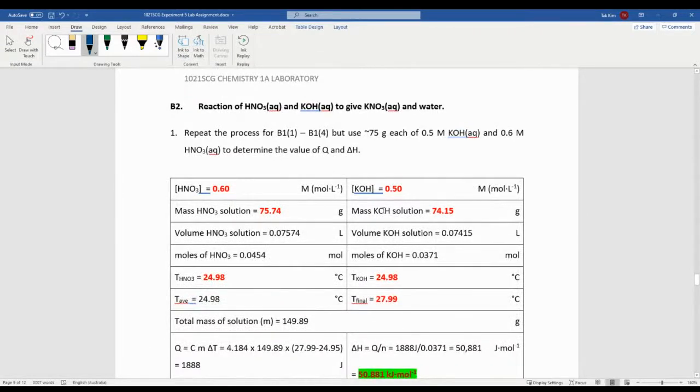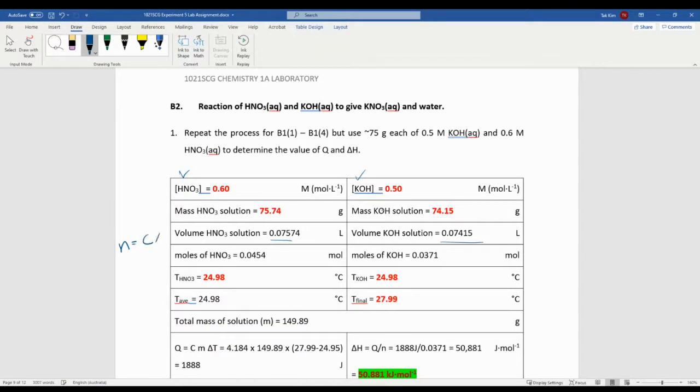Okay, so B2 is also pretty much the same process. Instead of using hydrochloric acid and sodium hydroxide, in this case we use nitric acid and potassium hydroxide. And the mass is given over here. And then using the mass, you need to convert this into volume, which is already written over here. And then number of moles, you should be able to calculate using the equation